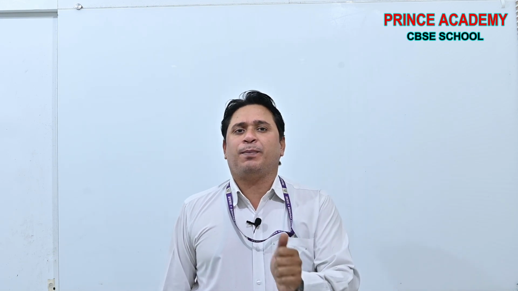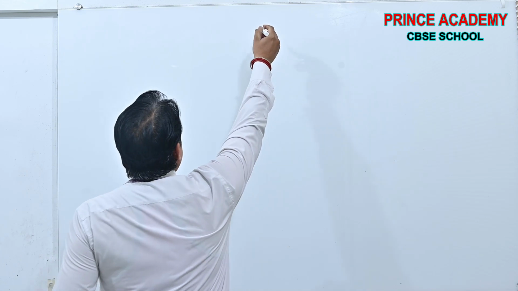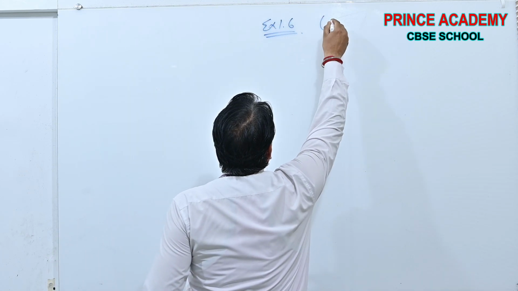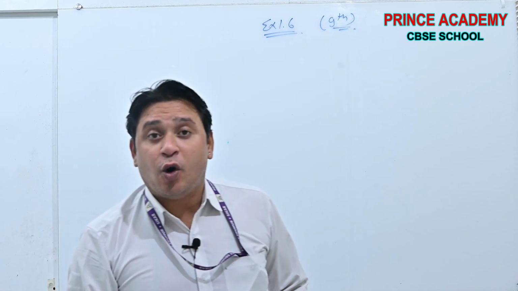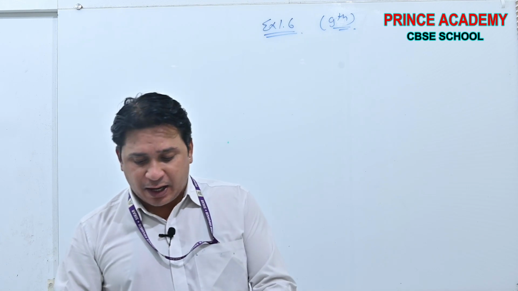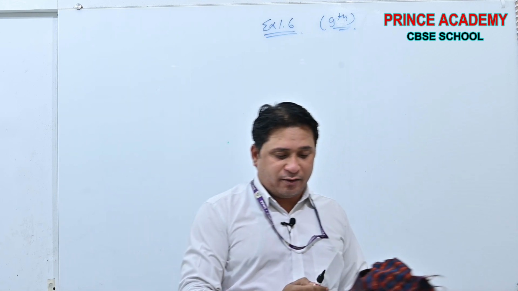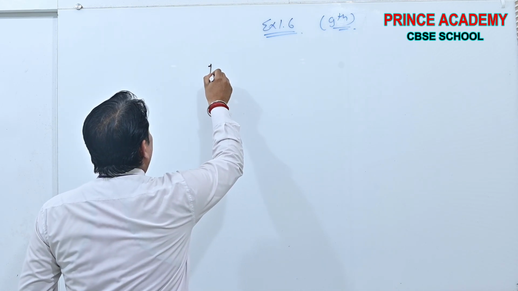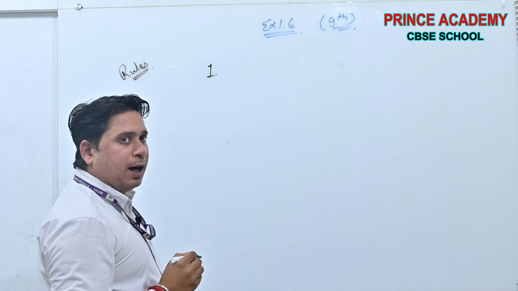Okay, exercise 1.6 only. Okay, beta, now see, without any delay I am going to start exercise 1.6 for 9th class. Beta, this lecture is for 9th class. You all know. See, beta, without any delay, I am directly introducing you to the facts you have learned in your earlier classes. See, beta, the rules we will use in this exercise are: